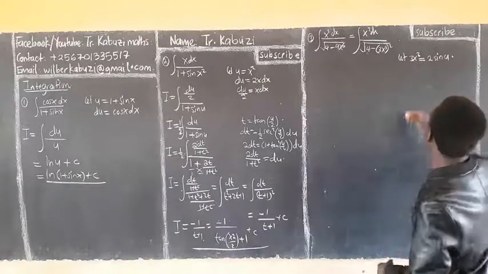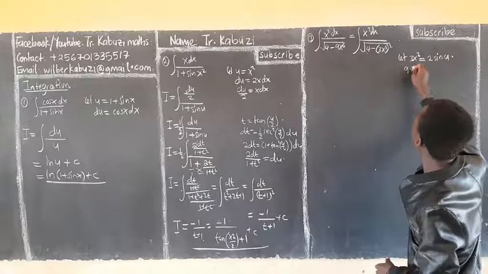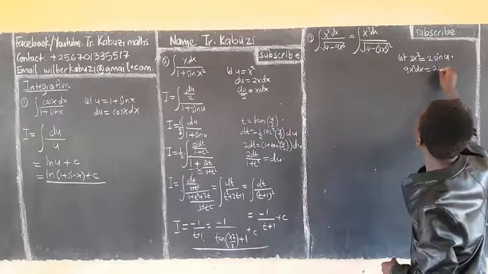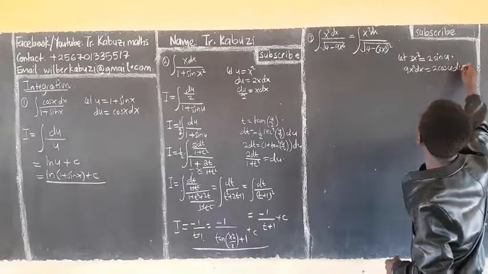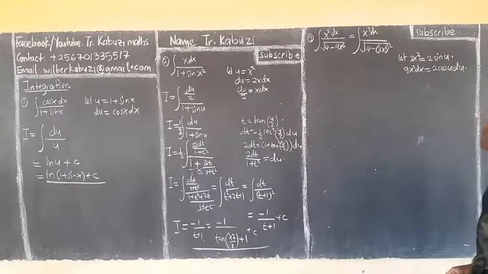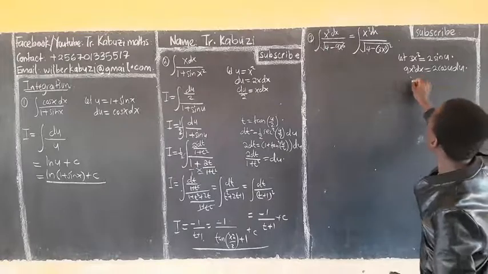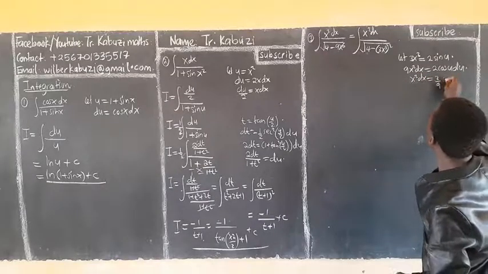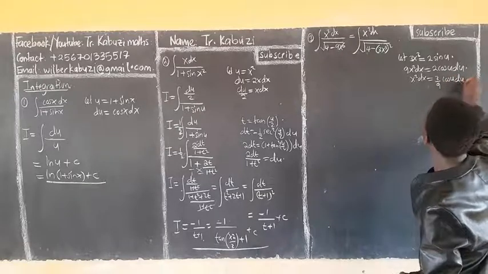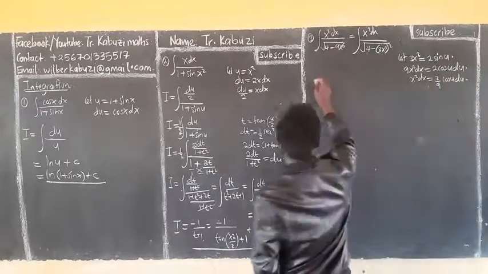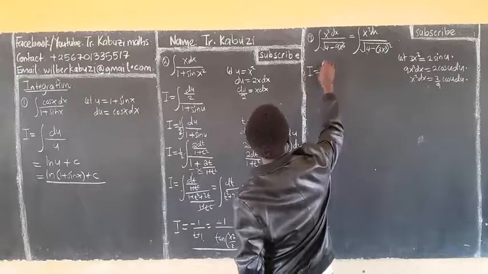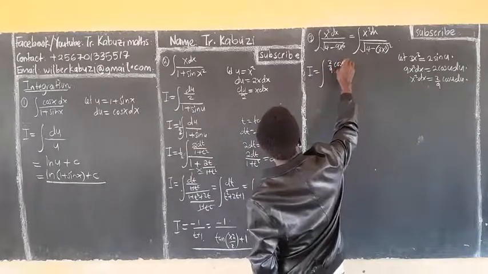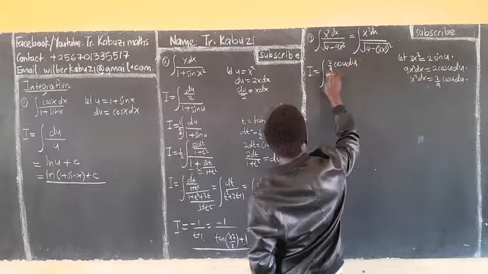From there we differentiate, and when I differentiate this I get 9x squared dx equaling 2 cos u du. From here, my x squared dx is going to be 2 over 9 cos u du. Putting them back there, my integral is now going to be 2 over 9 cos u du over